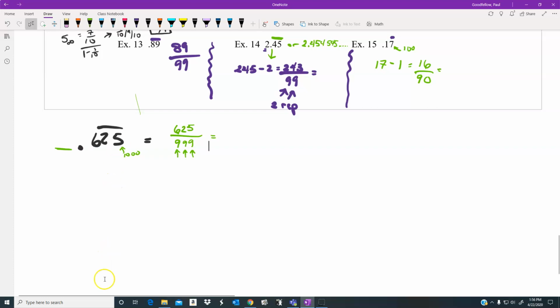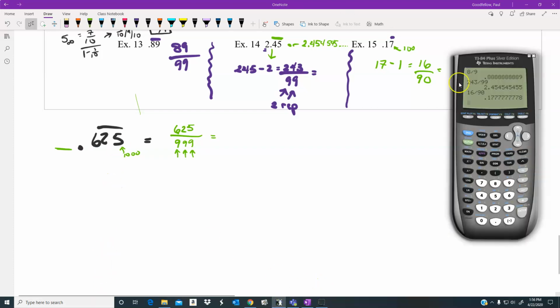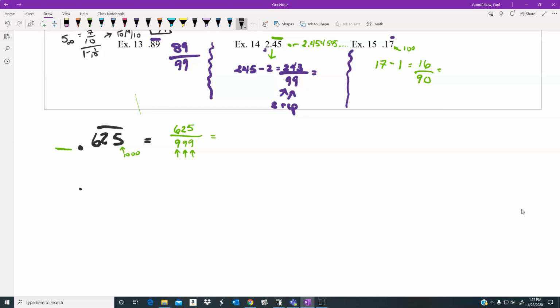Now let's check that to make sure that that one worked. 625 divided by 999, and you would get the same repeater of 625. Now, what if I changed that question just slightly and I changed it to 0.625, but I only wanted to repeat the 2 and the 5? Well, if I'm only going to repeat the 2 and the 5,